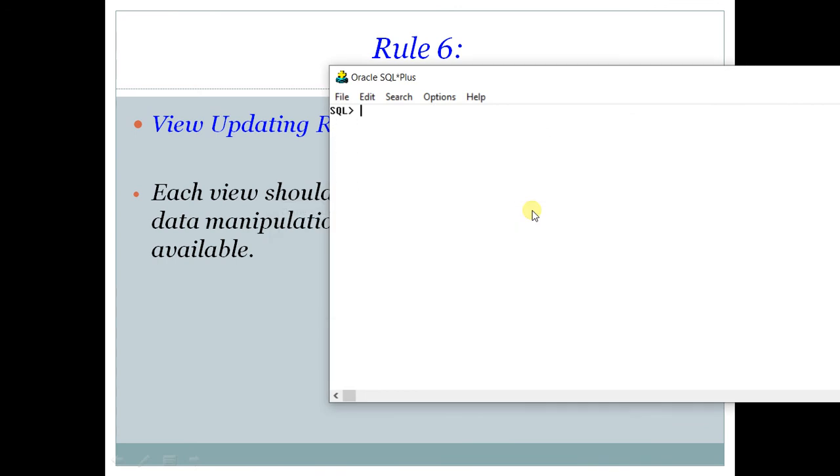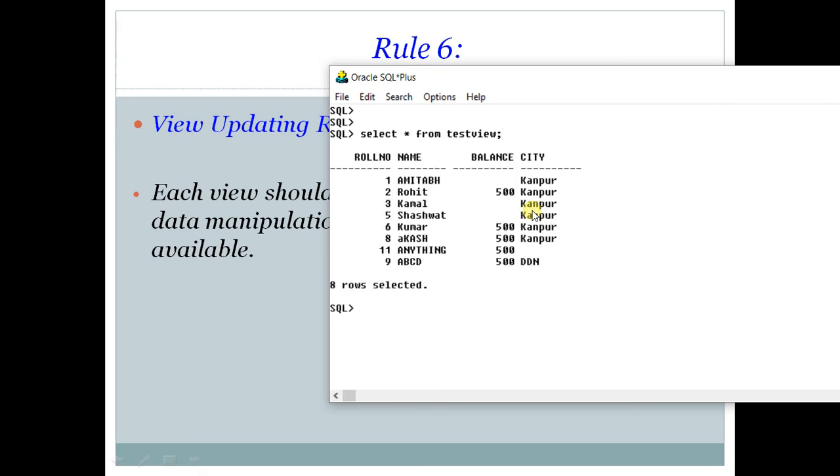Now what is the benefit of this? The benefit is simple. Whenever you want to run that query, you just type select star from test view and see that the query has been executed. Is this clear? So a view is an alias for a query. When you type select star from test view, the query which is stored inside this view is executed. The query was select roll number, comma name, comma balance from student. Although it was a very simple query, I have taken this example just to start with views.